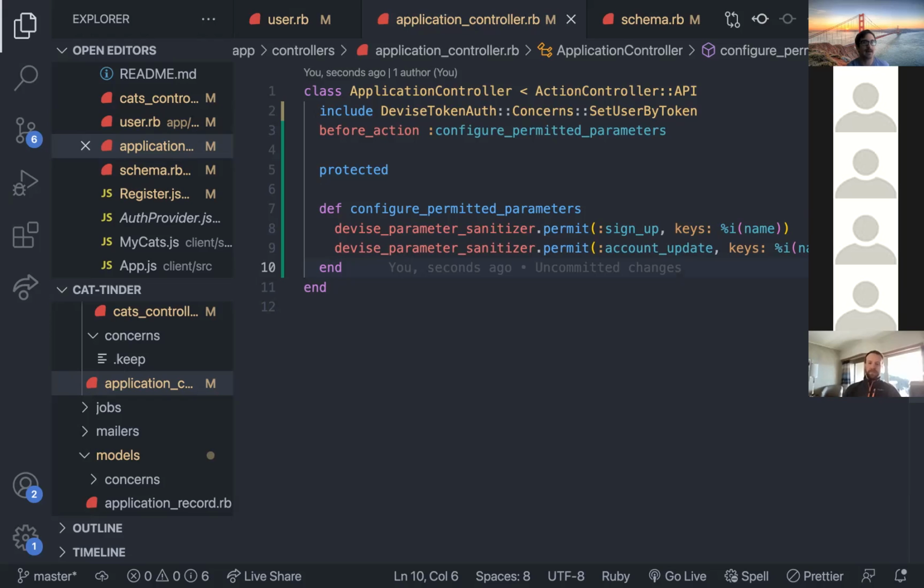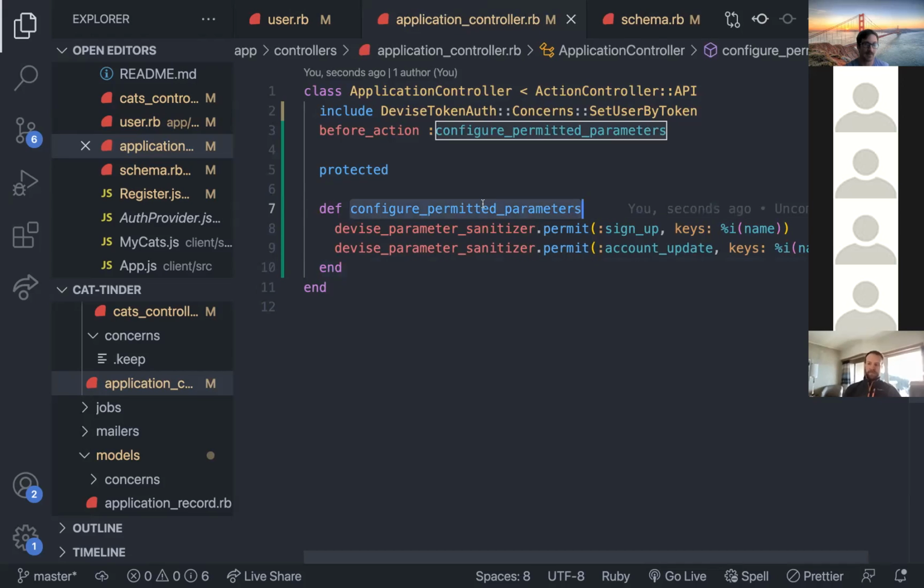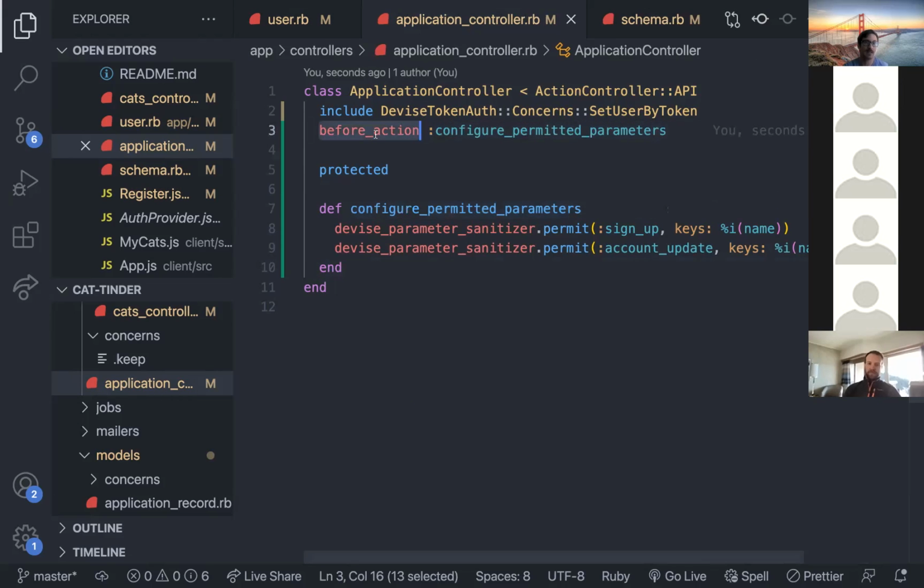So yeah, now I have this protected method, configure permitted parameters. So we're going to do before action. Since I'm doing this in the application controller and making this a protected method,